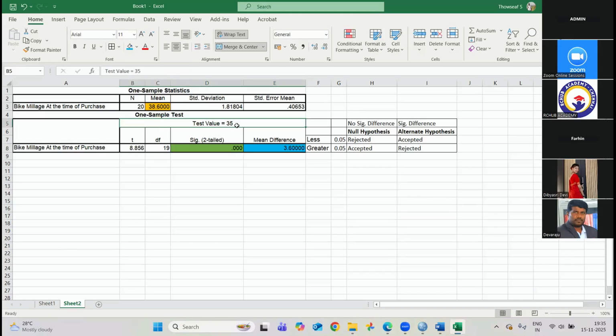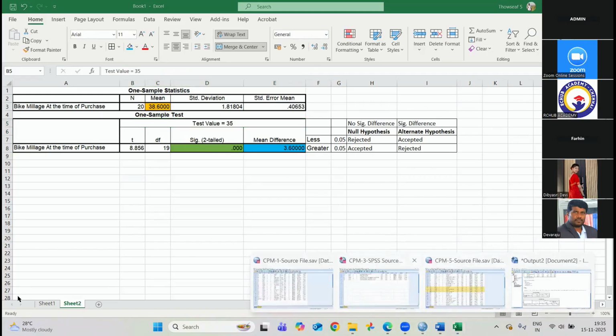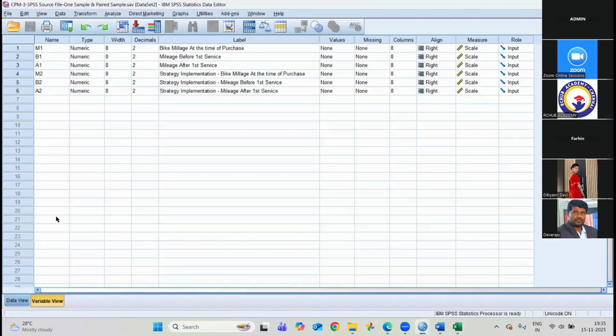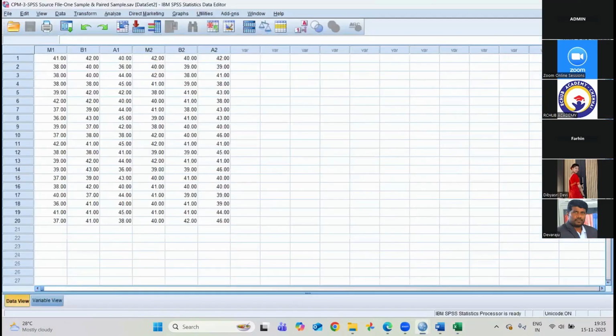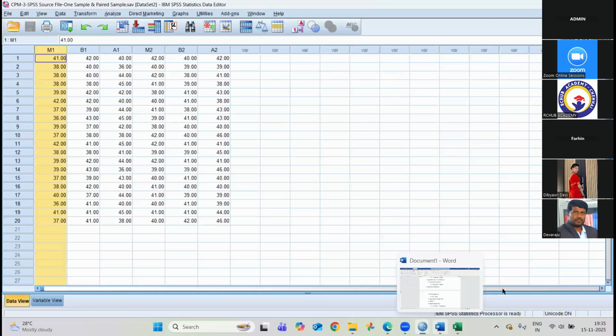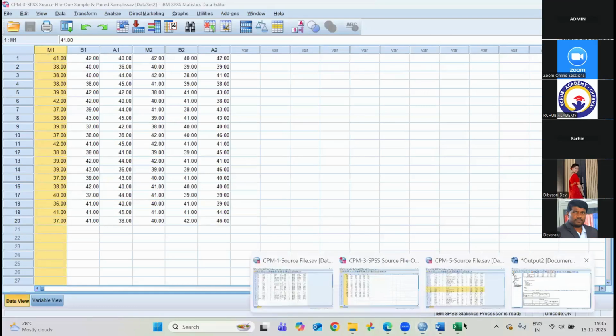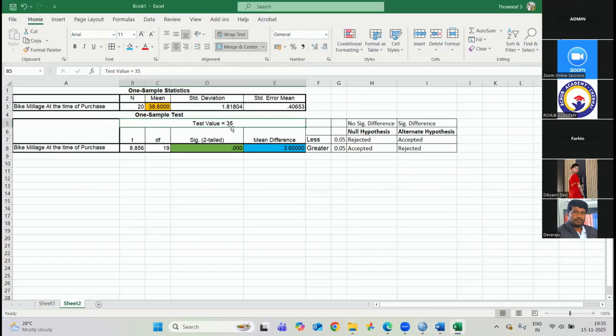But surprisingly, we have got that the bike mileage is 38.6 on an average. The 20 vehicles we have tested have given a mileage of 38.6 on an average, which is a little bit higher than the mileage claimed by